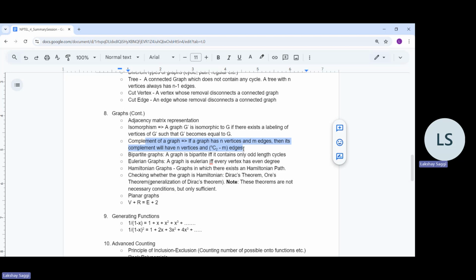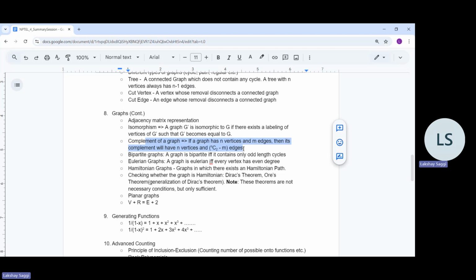So what do you mean? So what do I mean by inverted? If in the original graph, let's say the original graph was G and the complement graph was G prime, then if there was an edge between two vertices in G, then G prime won't have an edge between those two vertices. And similarly, if G did not have an edge between some two vertices, then G prime will have an edge